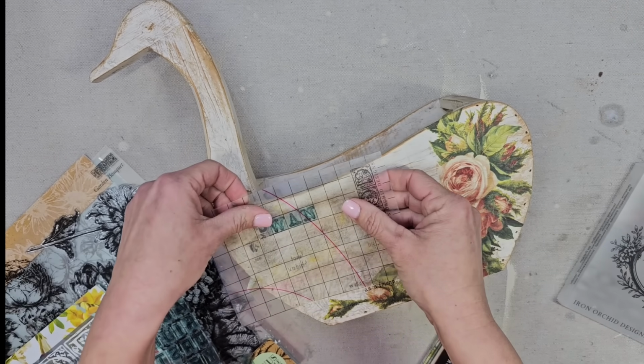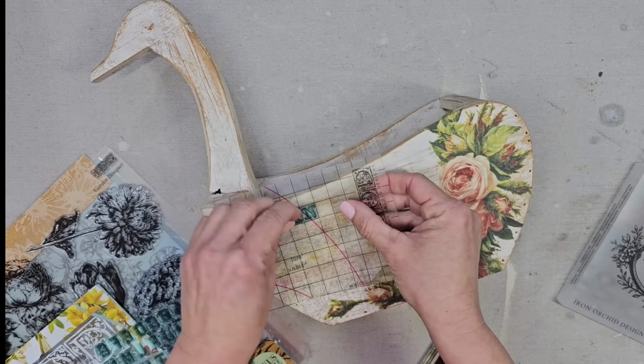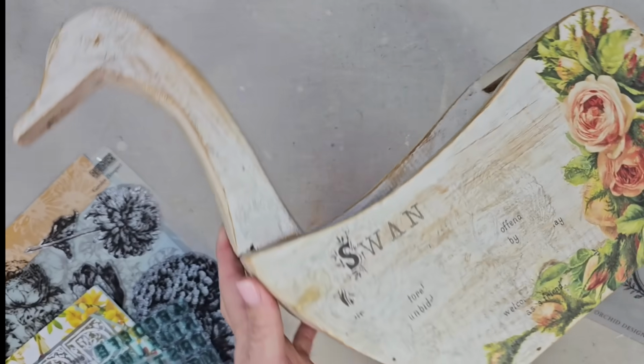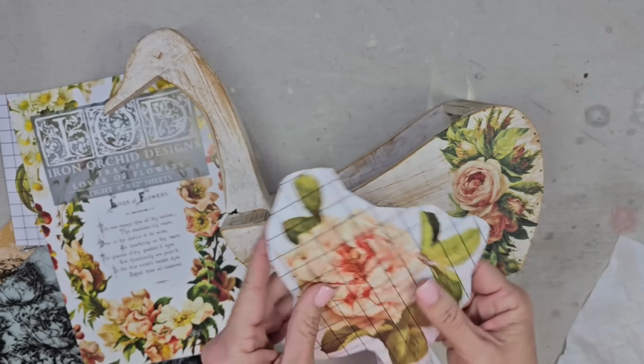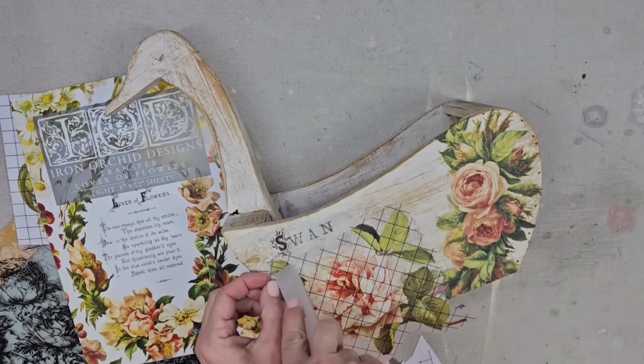I grabbed the apothecary stamp, and I don't know if this is a duck or a swan, but it is officially a swan now because it says so on here. So I stamped W-A-N to spell the word swan. And although the other random pieces of words around it don't look bad because I am going for a mixed media look here,